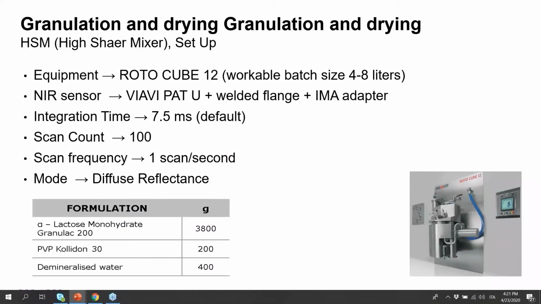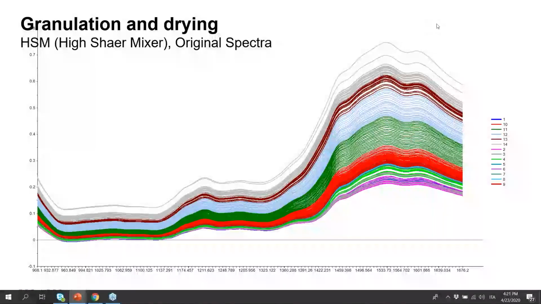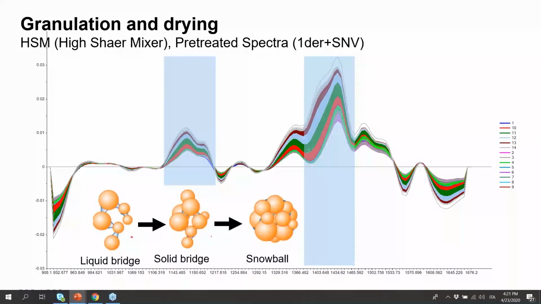This is the experiment, the case study that I want to show you. Lactose monohydrate, PVP and PVP crospovidone as a granulating agent. And here you have the spectra that we acquired every second. You see from the color that there is a clear sequence in our spectra. And if I do the data pretreatment, applying a first derivative plus an SNV,